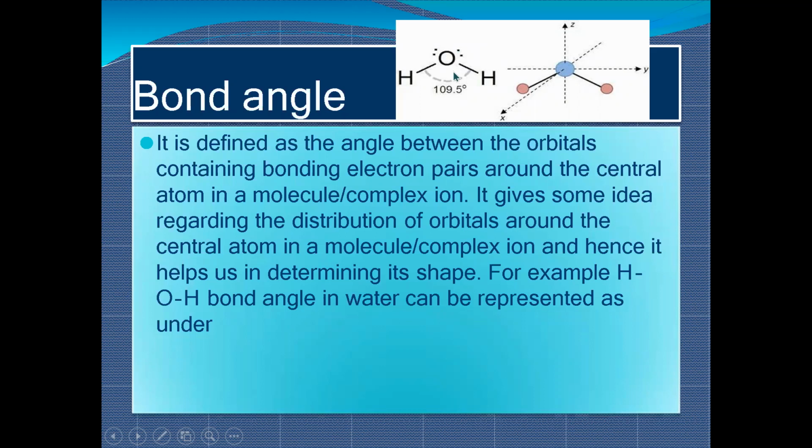Let us talk about the bond pair electrons. Bond pair means those which participate in the bond. So bond pair electrons also experience a force of repulsion from each other. If we talk about this hydrogen which is present at the left side, the bond pair electrons experience repulsion from the lone pair electrons as well as the other bond pair electrons. All right, so they will take a place where they experience minimum repulsion and maximum stability. So that will be at 109.5 degrees.